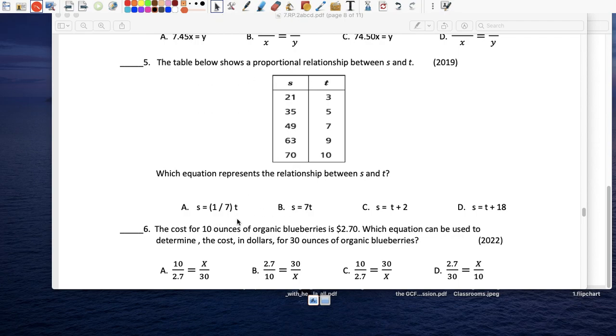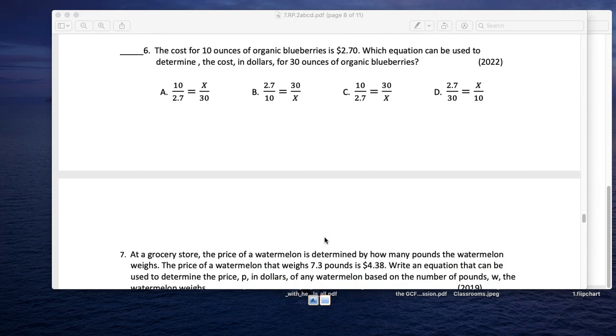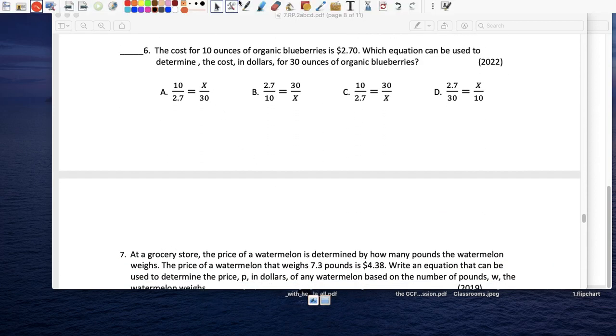Anyways, the answer is B, right? To find S, you have to multiply T by 7. Next, 10 ounces of blueberry, okay, $2.70 for 10 ounces. And you want to find out what 30 ounces is. Well, set up your proportion for 30 ounces, and this would be for X, right? So there's not anything that looks like this. And again,